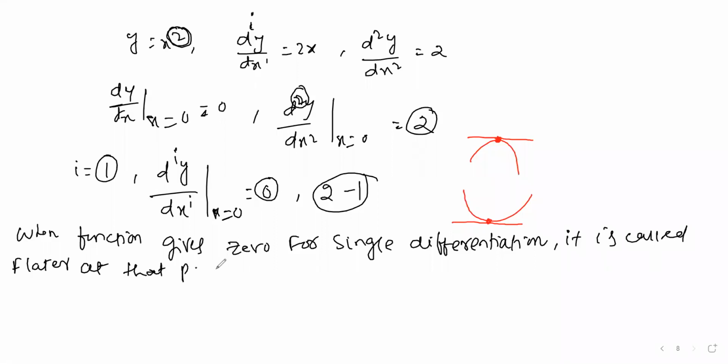Means any function. If any function gives 0 for single differentiation, let this be the function, f of x equals x squared. So this single differentiation gives 0 value. So what you can say is that it is either a maxima or a minimum. But if you see in case of the Butterworth filter,